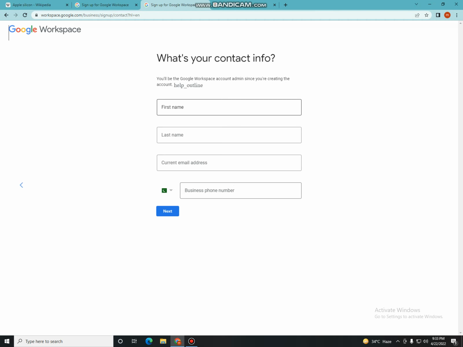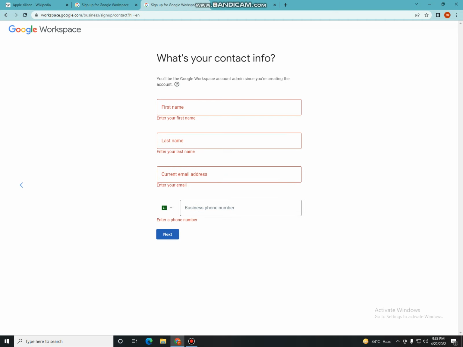Then just go next, and put your first name, last name, current email, business phone number, and then go to the next, and they will ask you for your street address, your SSN, meaning social security number, and then you will easily make your business mail. And if you want to connect your business mail to your website,